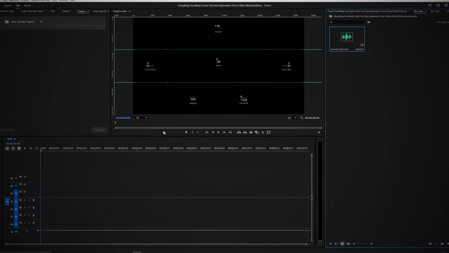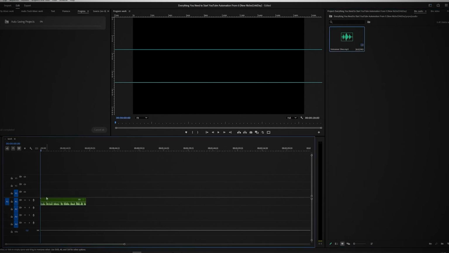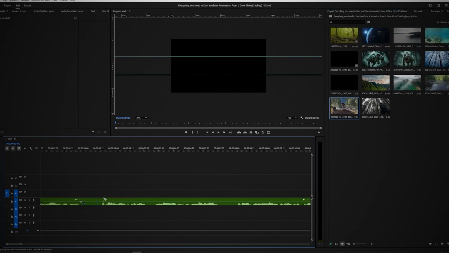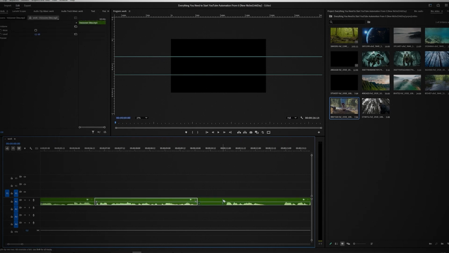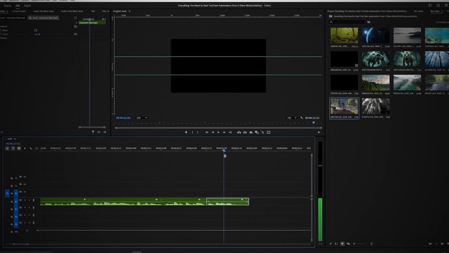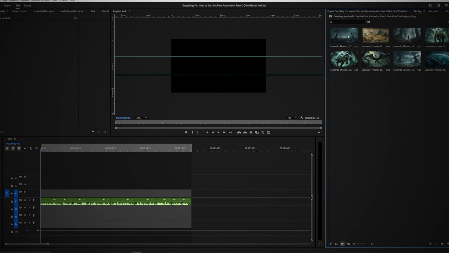Import the voiceover you created earlier and go to cut the silences. The shortcuts I use are C for the Cut tool and V for the selection. So let's start cutting and removing empty parts of our audio. Let's import our videos and images into the timeline. I'll speed up the process a bit.